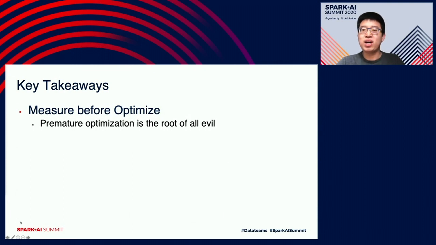If there's only one thing that I hope you could remember after this talk, it is measure before optimize, as I always say that premature optimization is the root of all evil. In our case, we did investigations and tests with our own workload in our cluster. So we didn't guess the bottleneck, but instead, numbers told us that local disk I/O is the bottleneck of our cluster. So switching to a local disk optimized instance type is the perfect change for our workloads. Do the test with your own workload in your own cluster, identify the bottleneck of your cluster, and try to optimize that.